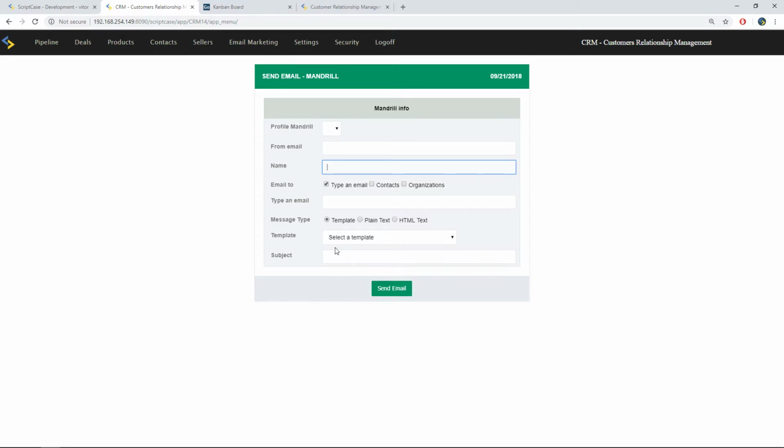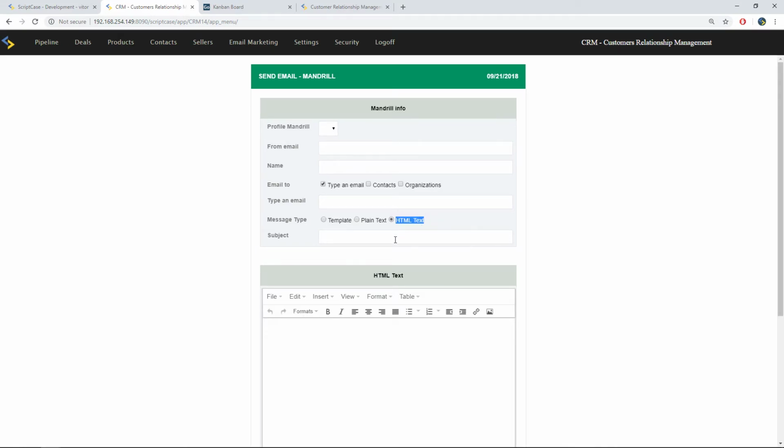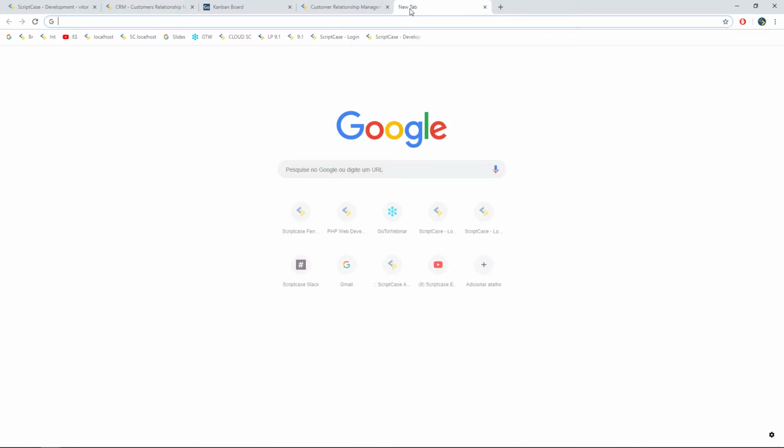Okay, and here we can choose a template and send it to our customer or whatever. Here we have a template, plain text, or even HTML text. Okay, we can here create more lists, for example. So this is another option. For using this option, you have to have a plan in Mandrill. I will show you the